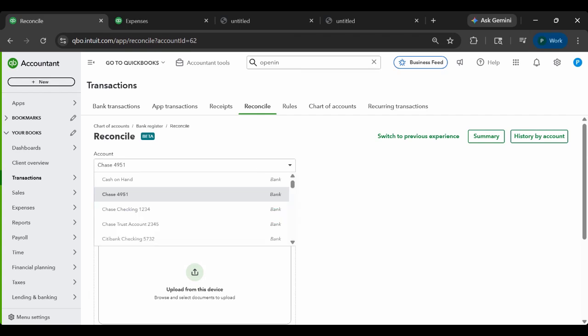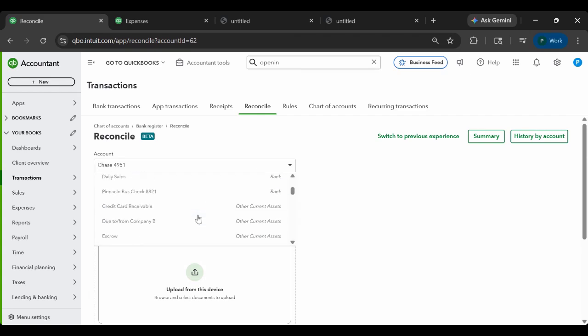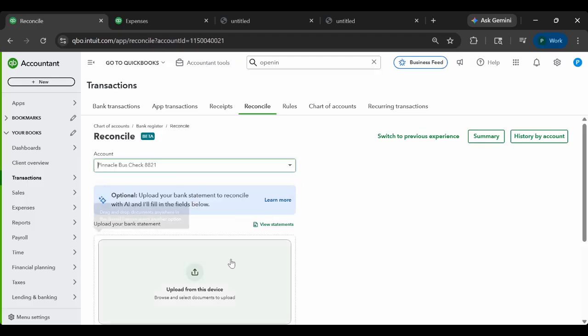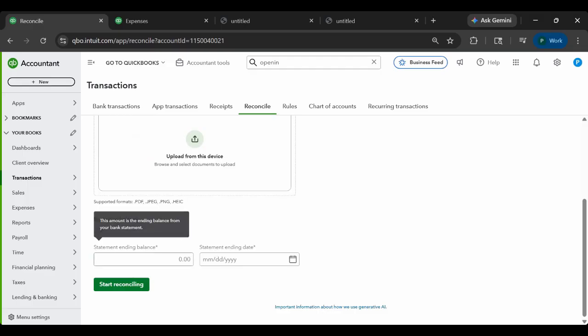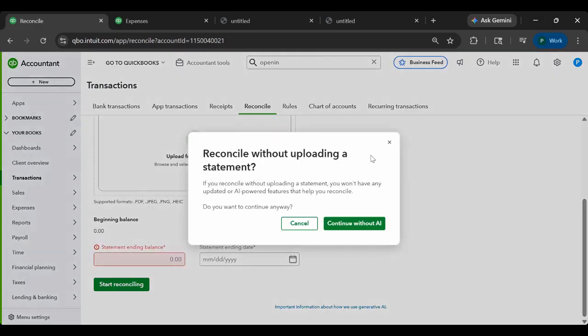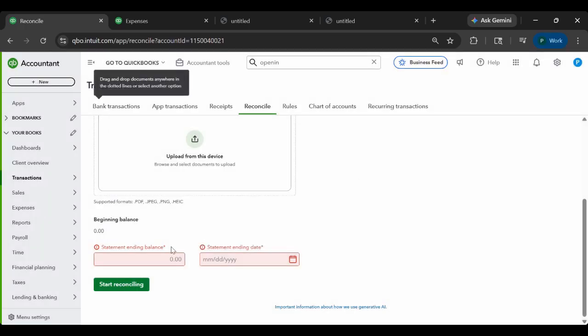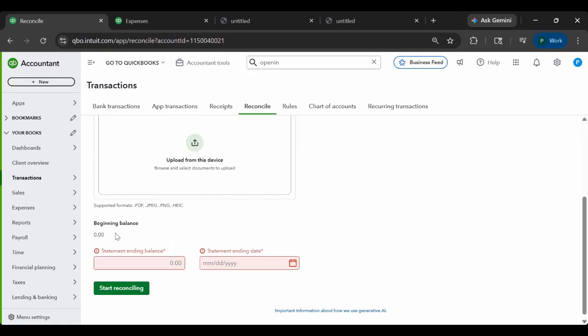So pick the bank account that you're going to reconcile. In this case, it's this account, 8821. I don't want AI to reconcile. Okay. The statement ending balance. Okay, beginning balance. Now, this account is showing a beginning balance of 0, which is amazing because it's a new